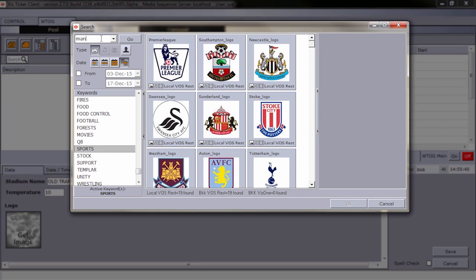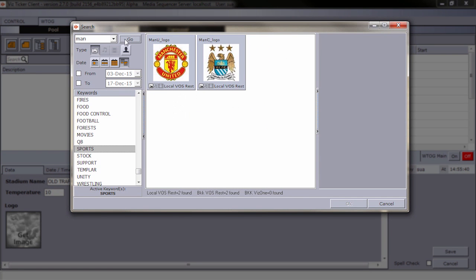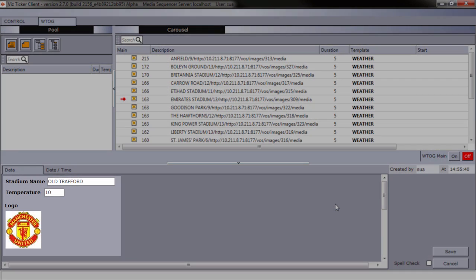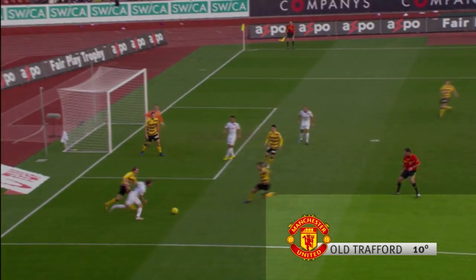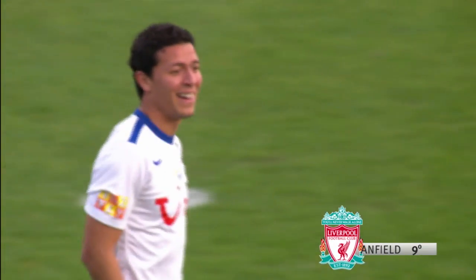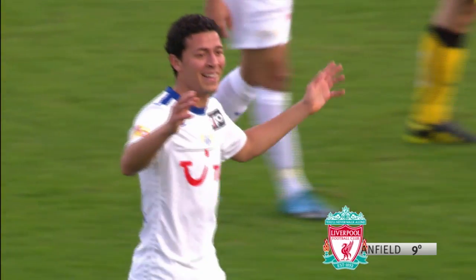In this video, we'll look at the new functionality introduced in Viz Ticker 2.7 that lets the operator quickly search for images and play them out instantly. The supported search providers include Viz One, Graphic Hub and Object Store, and this can be configured from within Viz Ticker. In this video, we will explain how to configure image search using presentation files and how to find images to